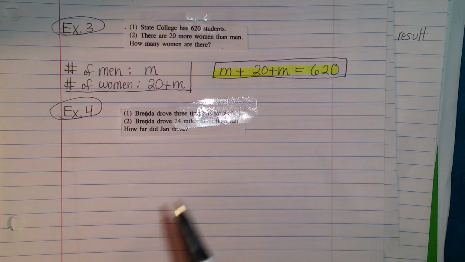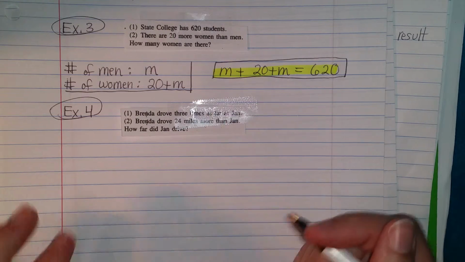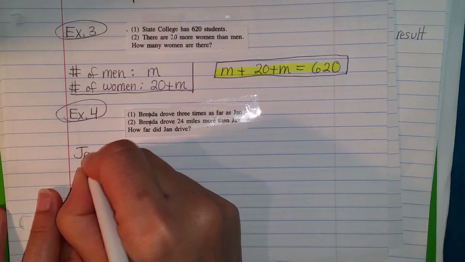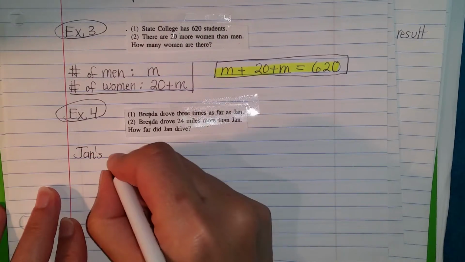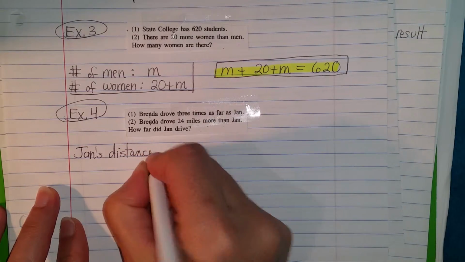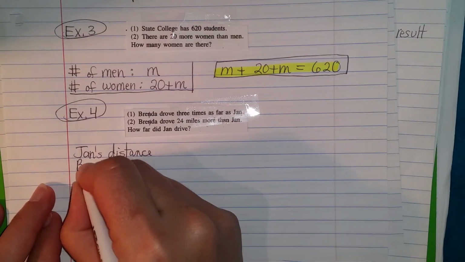So the two variables are how far Jan drove and how far Brenda drove. So we'll say Jan's distance, Brenda's distance,